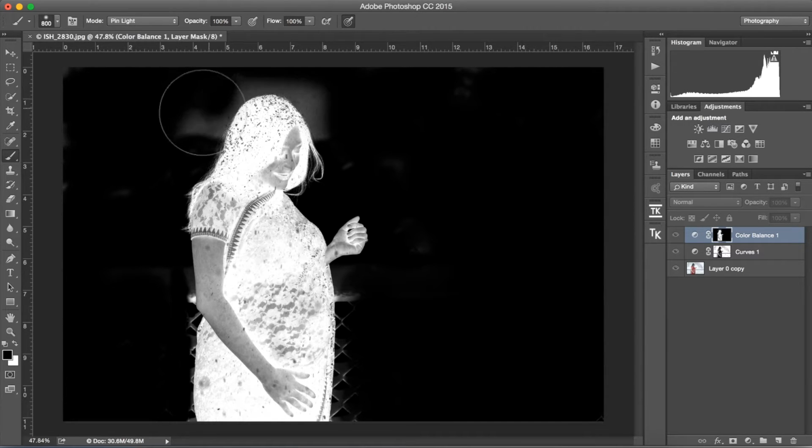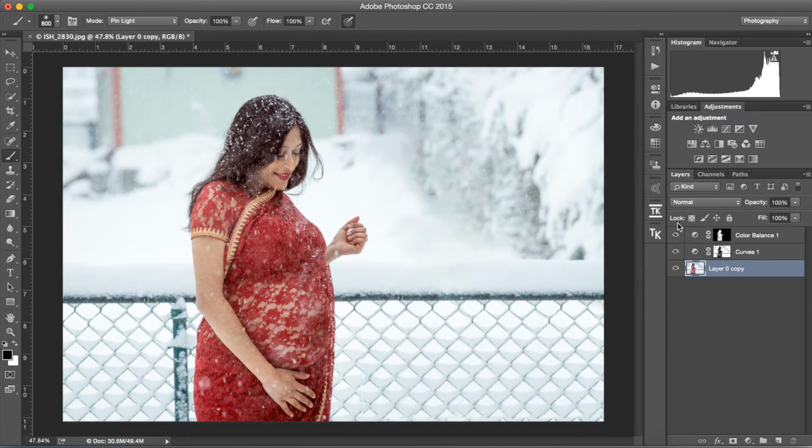Alright, so let's do that, and now let's go back to the photo and let's look at a before and after. So there you see, it's very selective in the way it has been applied, and that's good. That's something that we have. Now the next thing we want to do is, of course, as I mentioned just a little while ago, this photo has been taken in the snow, and the prime target was to make sure that the snow is not blown out. So we do have mostly a lot of detail here,